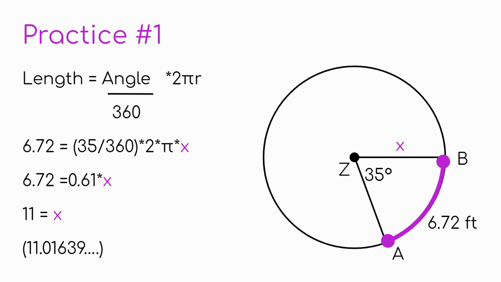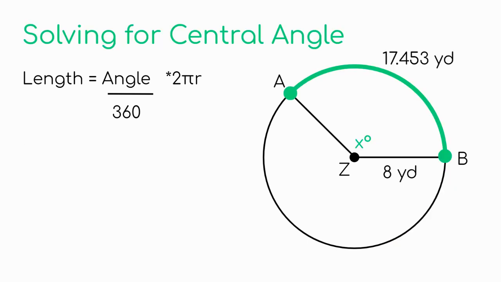I'm only going to do this one practice because it's kind of a lot. So now we're going to move on to central angles. This is going to be slightly more complicated than the radius, but it's going to work the same way. Write down our formula, plug in what we know. So we've got our formula, length equals angle divided by 360 times 2 pi r. My length, right up here,